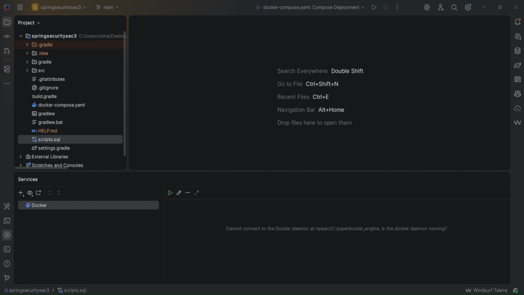In this lecture, we are going to update our Spring Boot web application to use JDBC User Detail Manager instead of in-memory User Detail Manager. So let's start by adding the required dependencies. Let's just go to our starter